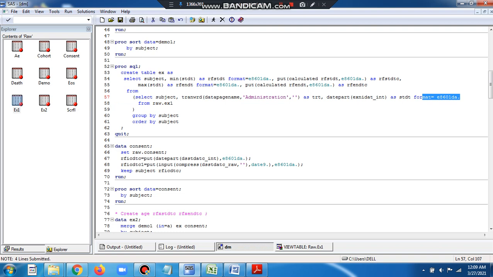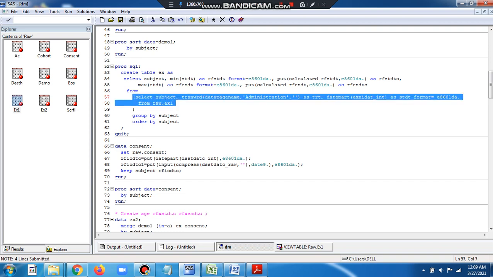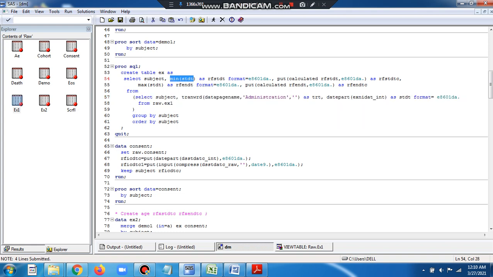From this particular data set that I created, I am collecting the minimum of start date I already created, and the maximum of start date. So I'm taking the minimum and max of start date, which are called RFSTDTC and RFENDTC respectively, and I'm grouping by subject and ordering by subject. So I'm sorting as well here.